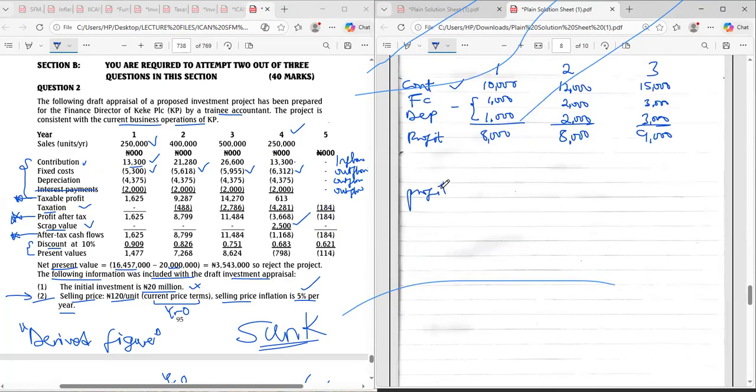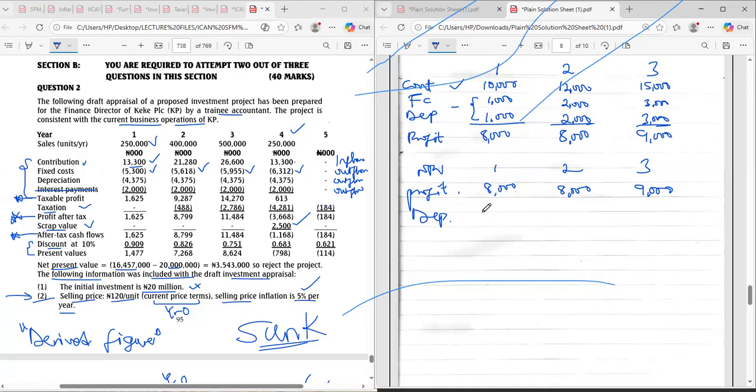I want to start from profits. I'm solving my NPV, but I'm starting from profits year 1, year 2, year 3. Common sense tells me that I cannot use profit for NPV. My profit here is 8,000, 8,000, and 9,000. The first thing we need to do is convert the profit to cash flow. What do you do? You add back depreciation. So this is what is confusing you: why are we not adding back depreciation? It depends on where you are starting from. Because you are starting from profit, I will come and do depreciation.